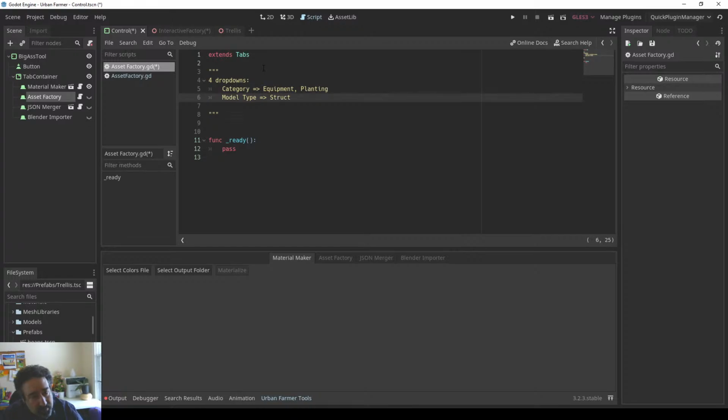For equipment, it's going to be structure, model, stone tile. We could keep it stone tile or tile style. Okay, whatever that is. We will also have the number of